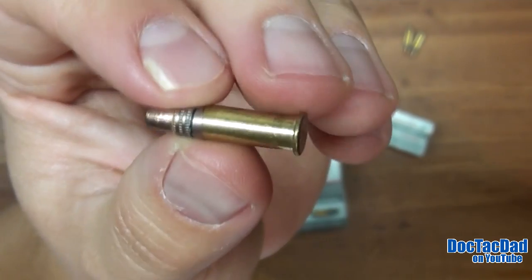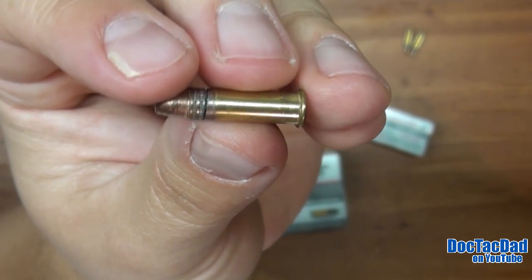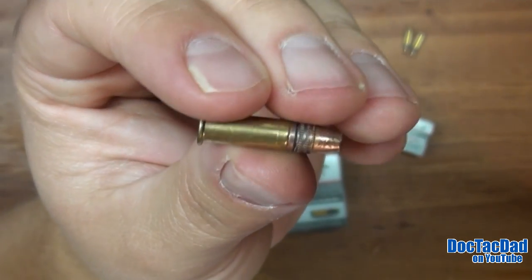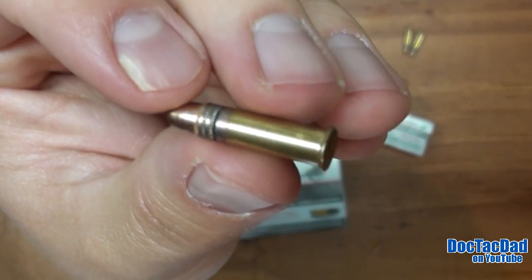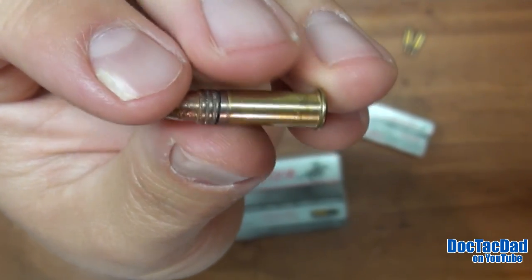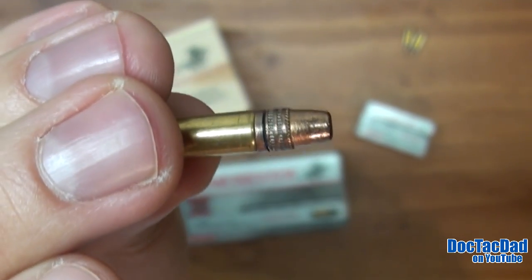The brass on this particular round is not as clean or high polished as those offered by Federal. I do like to see really clean brass. I think that it does aid somewhat in functionality and reliability in semi-automatic firearms. I think that every little bit helps, and so I'd like to see a little bit more polished casing. It's not a deal killer for me by any means. As you can see, though, that is a truncated, actually a fairly long bullet for being a 36 grain hollow